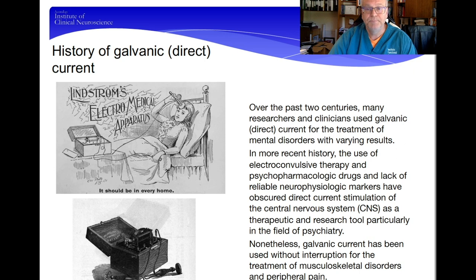What we do know now is that because of the surge of pharmaceuticals and other types of treatments like electroconvulsive therapy and the psychopharmacologic drugs that were produced, the hope of those new treatments overshadowed things like direct current and all the other non-invasive modalities that we apply across the brain, because it was thought that the silver bullet had been found, that the solution to psychiatric problems, the solution to any kind of neurologic problem would be found in the pharmacological basis of